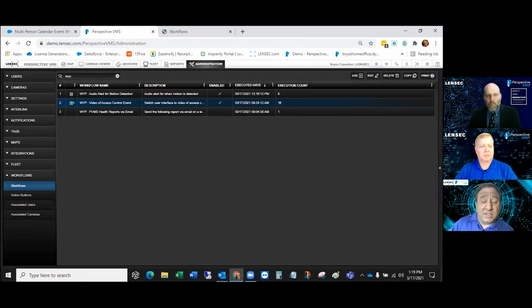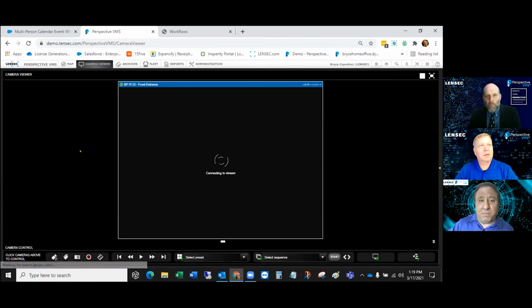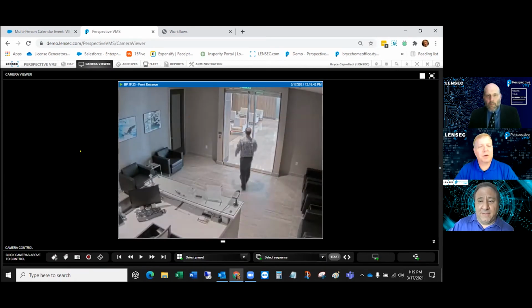All right. So again, I'm going to simulate this because I don't have an easy way right now. Because of COVID, we don't have a lot of people in the office. So I'm going to simulate this workflow. I should see the camera pop up on my screen, and it should disappear in 3 seconds. That's just a great way to test that